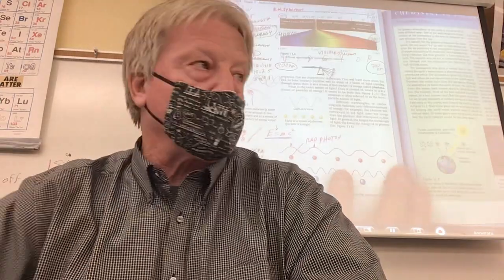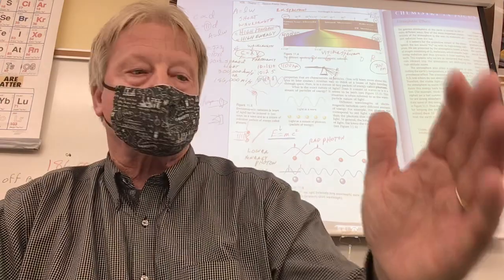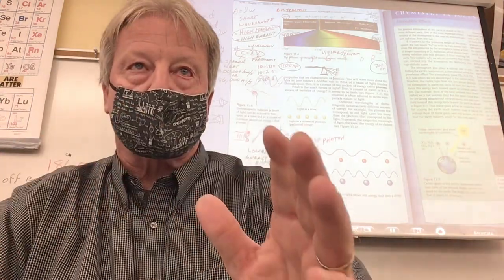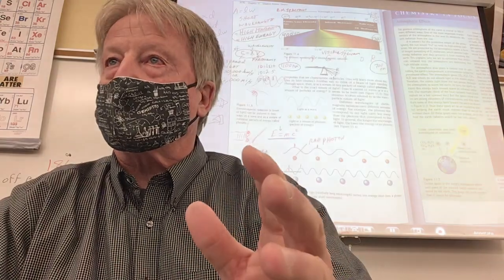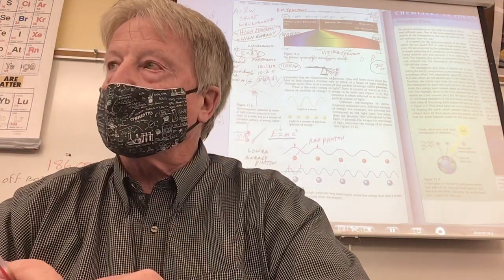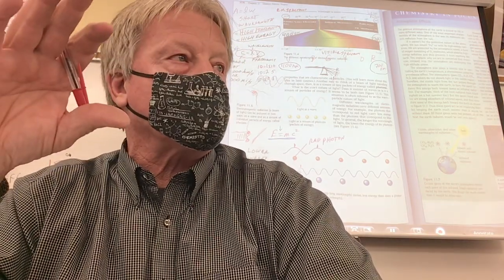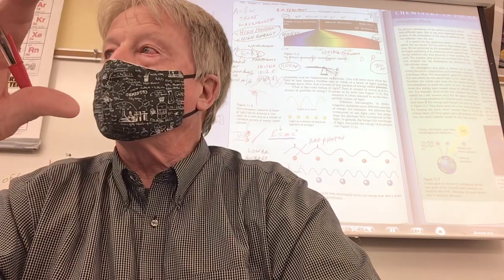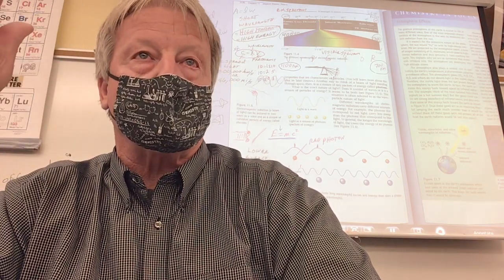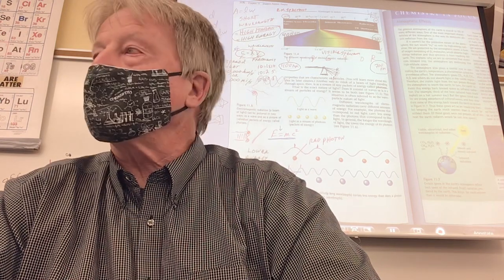Now, we found out that even though sound waves and ocean waves have to travel through a material, light can pass through nothingness. Light can come from the sun, and there are no atoms between the sun and us, except when it gets to Earth. So any kind of light doesn't have to travel through anything. That's pretty amazing. It also travels at an incredible speed called the speed of light.